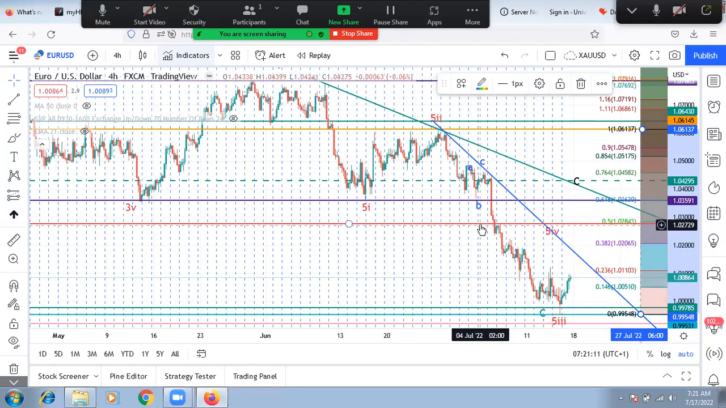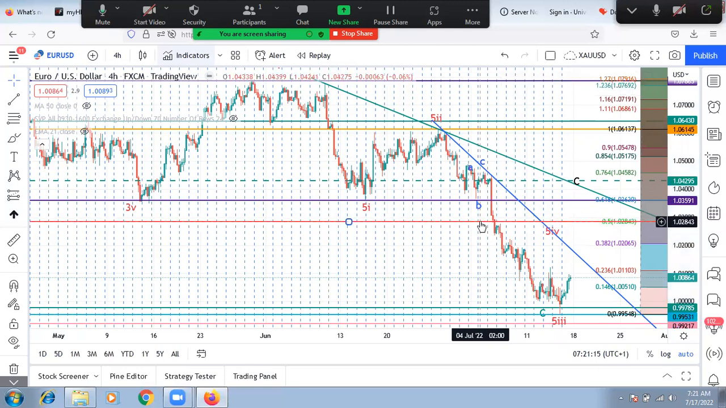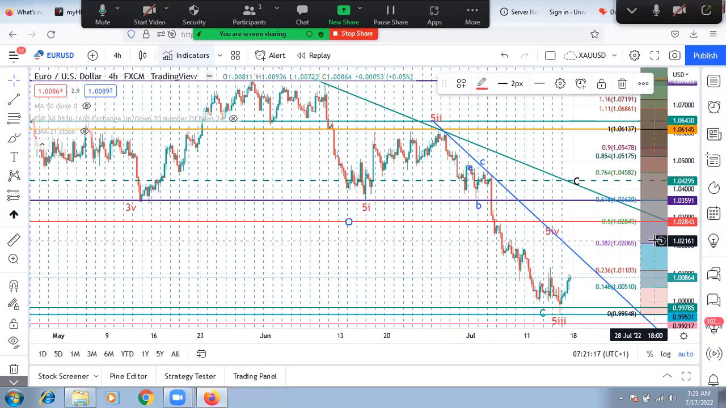Which means that it must not break. So far, it does not break 1.0843. We are still bearish. That is what I'm trying to tell you. We are still bearish, which means that